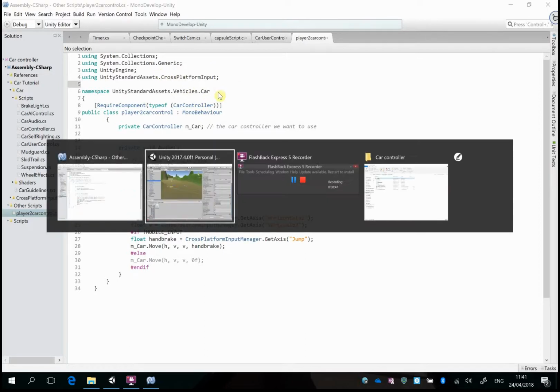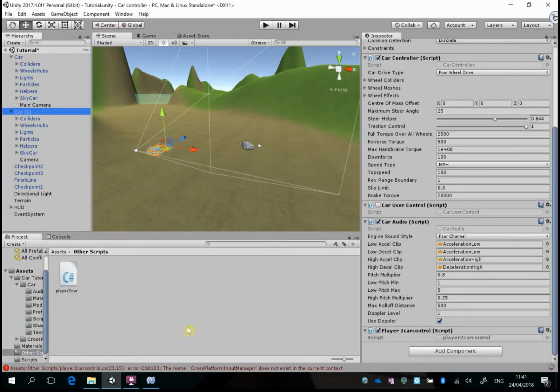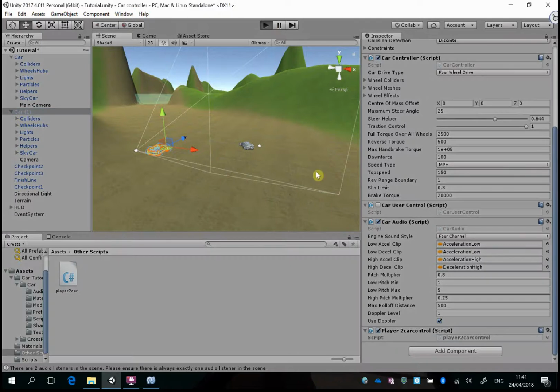So let's resave that. So that should go away in a second, but car 1 should be unticked to the car user control and should have player 2 car control on there. Now I'll press play. Player 1, which